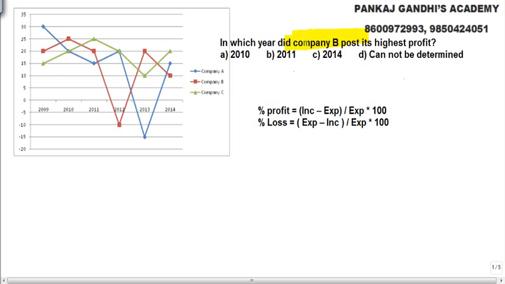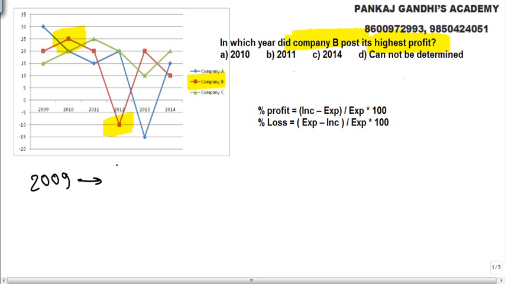In which year did, again I'm explaining, question answers are simple once you have understood the graph, what it says or what the case rate is all about. Highest amount of profit, listen, for company B. Highest percent profit came in 2010. It's not about how much it increased from last year, that was the previous case rate, forget it. Simply it says